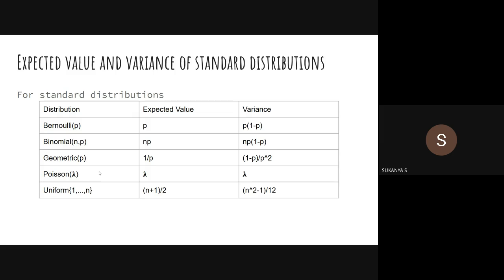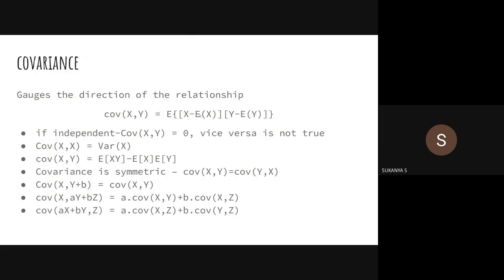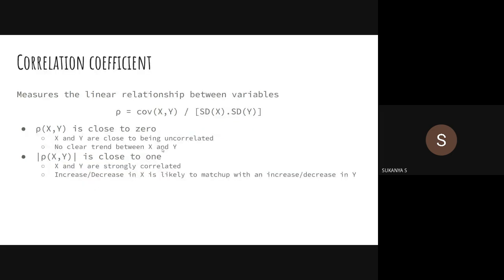And the definition of covariance: I probably use this formula a lot more. Expectation of xy minus expectation of x into expectation of y. This is the most commonly used formula for us. And correlation coefficient is covariance of xy divided by sigma x into sigma y, that is, standard deviation of x into standard deviation of y. So if correlation is close to 0, we say that the variables are not much related. Whereas if it is equal to 0, then they are completely not related, that is, they are independent. And if the absolute value is close to 1, whether it's close to minus 1 or positive 1, we can just say that they are very strongly correlated.